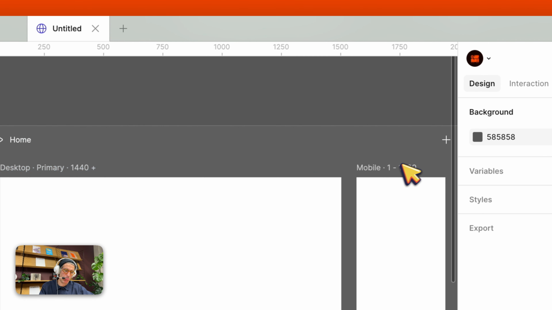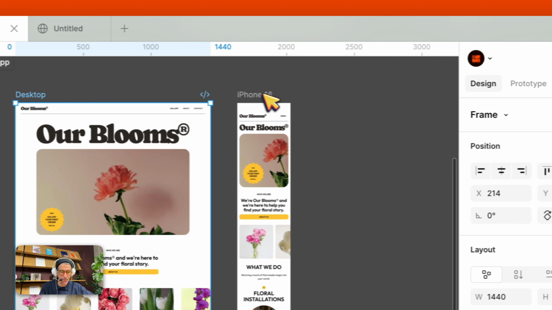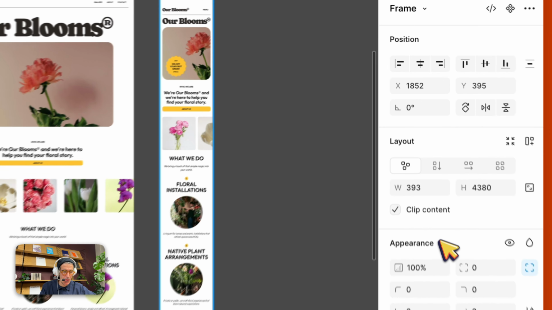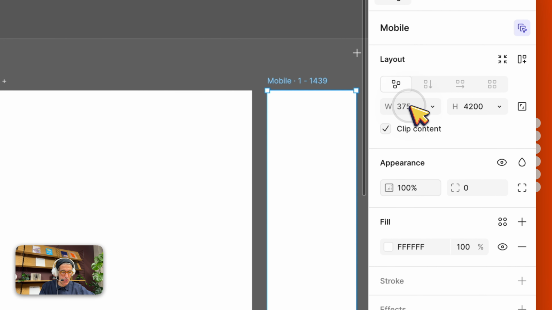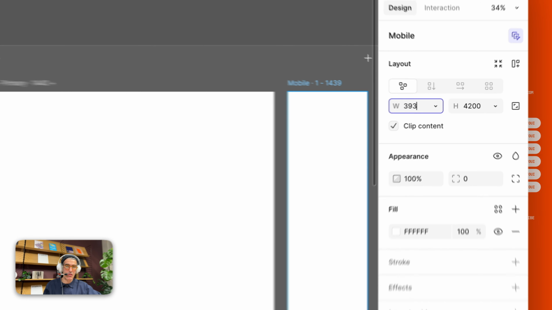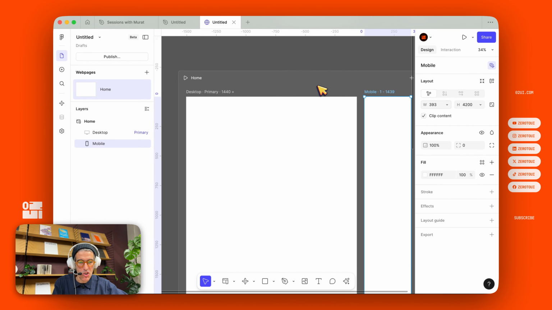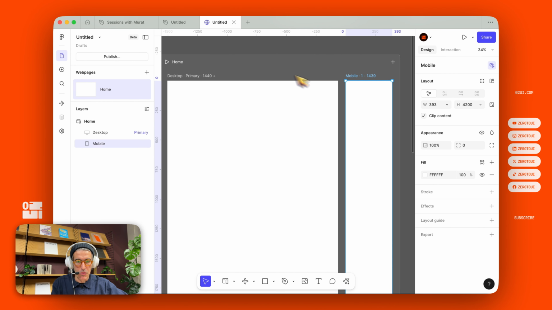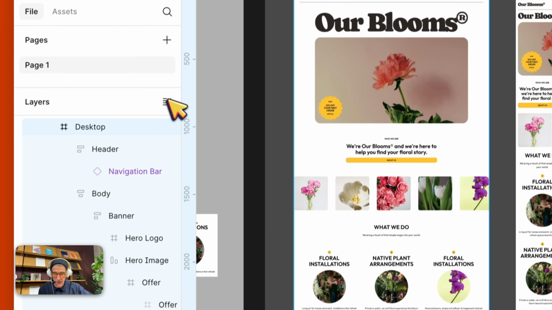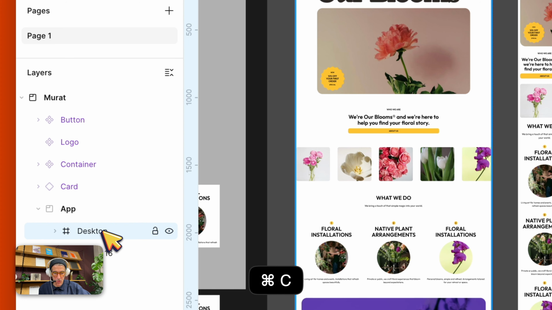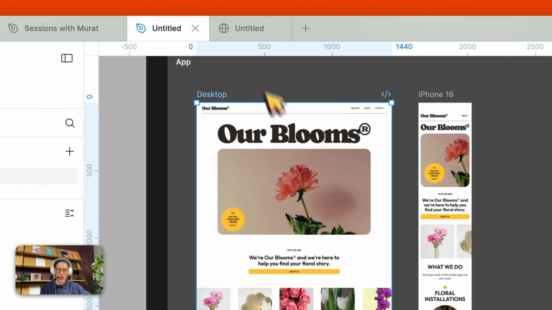And for this one, let's check. 393, 440, 393. Sometimes I'm telling these things in Turkish. Cool. So let's go select everything, close these layers and see how it is going. So it's desktop, copy, paste,